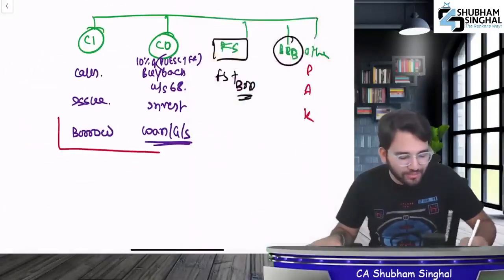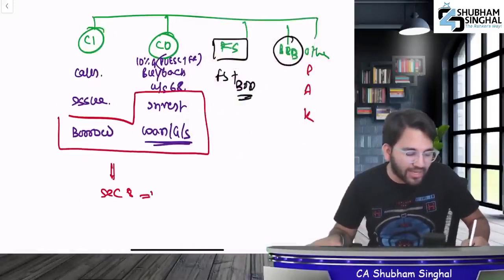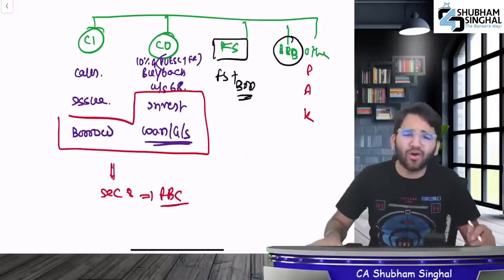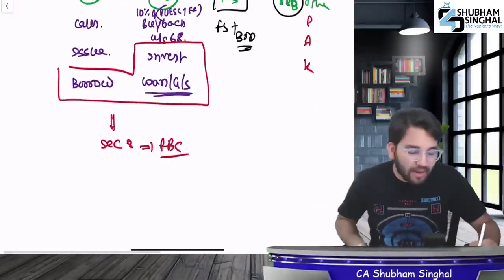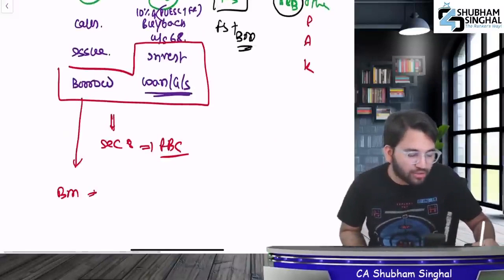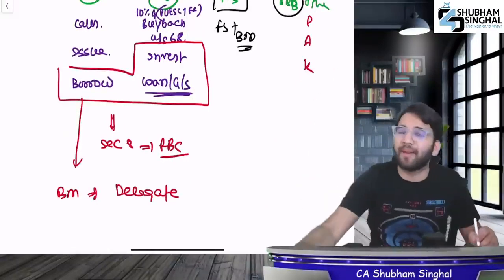But the law has made exceptions for these 3 things. What did the law say? If a section 8 company wants, then these 3 things can be done through RBC, because a section 8 company wanted something different for itself. So it's stated that if the company wants to, it can delegate this power by passing a resolution in a board meeting. Tell me, which power are we talking about here?